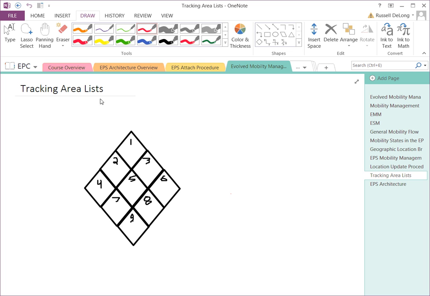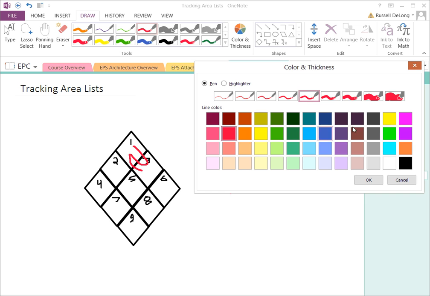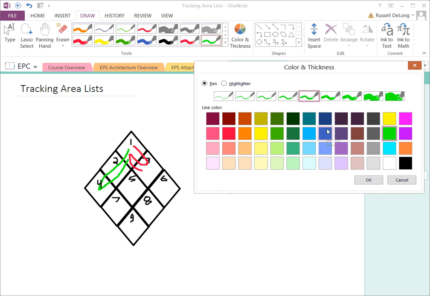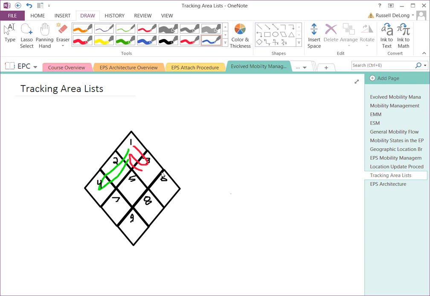That's the idea. Tracking area lists allow you to make this a little bit smarter. To illustrate, let's say you have a user who lives in tracking area 1 and works and does all the shopping in tracking area 3. He might be moving along like this all the time. You might have, let's say, user 2 who is constantly traveling across 1, 2, and 4. You might have, let's say, user 3 who never leaves tracking area